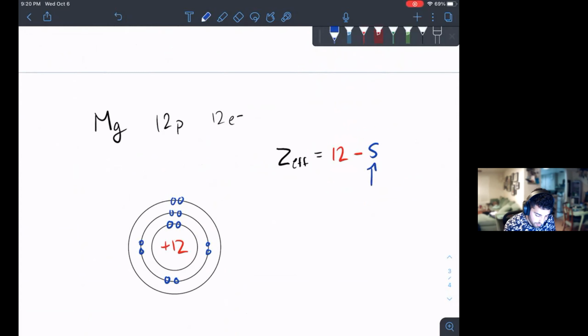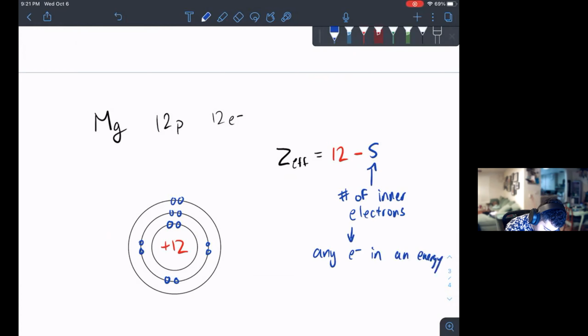A general estimate of shielding is literally by just taking the number of inner electrons. What I mean by inner electrons is any electron in an energy level lower than